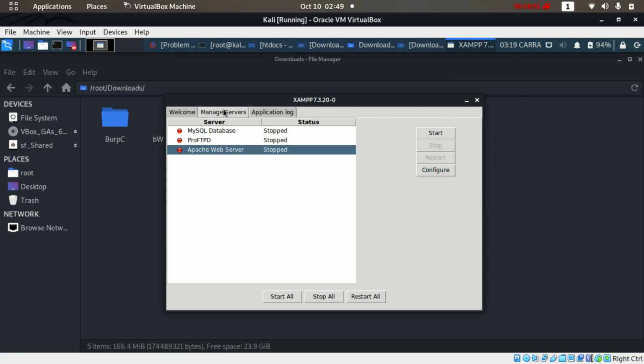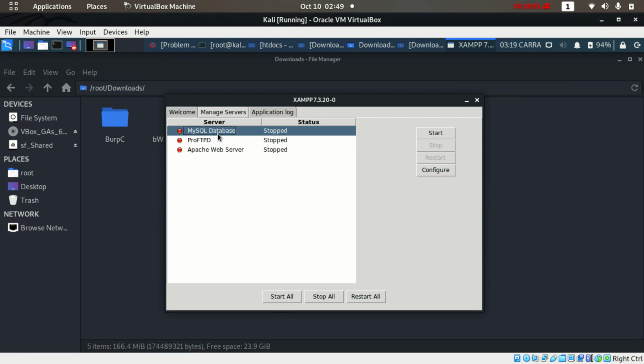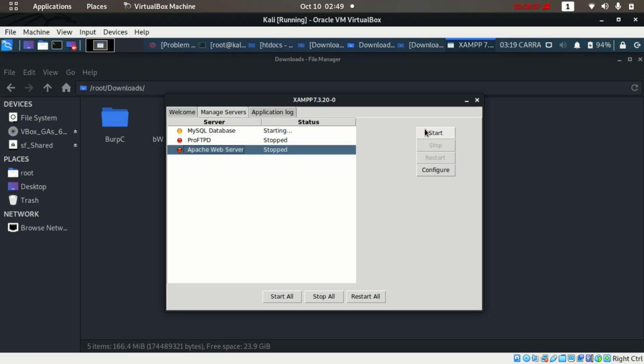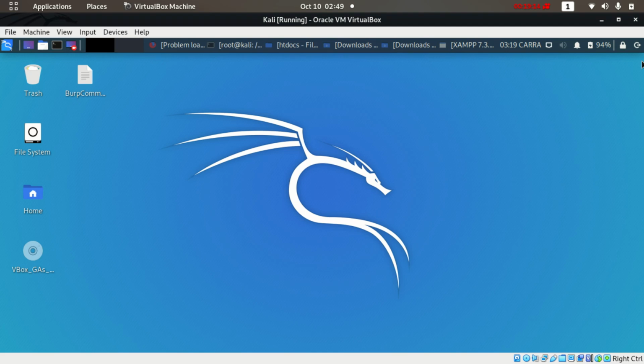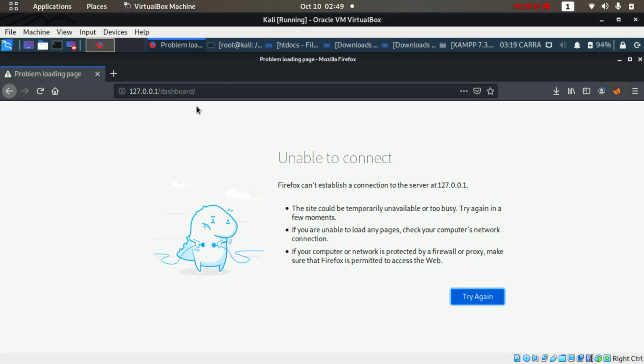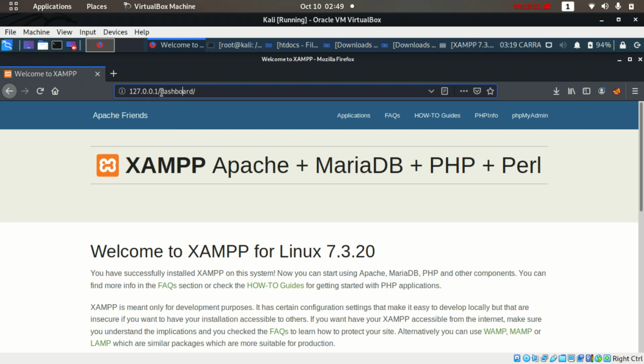Now we'll go to manage services. We'll go to MySQL database and start. We'll go to Apache web server and start. Starting. Now Apache is running and MySQL is also running. We'll minimize XAMPP and we can close this folder. Okay, we'll go to XAMPP and refresh. Now XAMPP is running